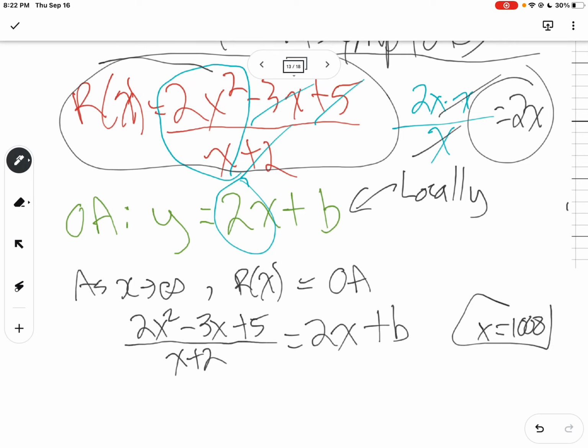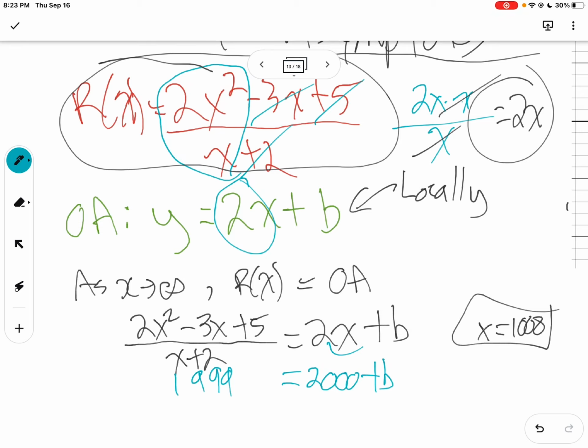I'm going to sub in x equals 1,000, and I'm sufficiently far to the right that this function here should overlap this function here. So when I sub in 1,000, I'm just going to write the numbers down. The right side's really easy: 2 times 1,000 is 2,000, so that's 2,000 plus b. And on the left side, it works out to